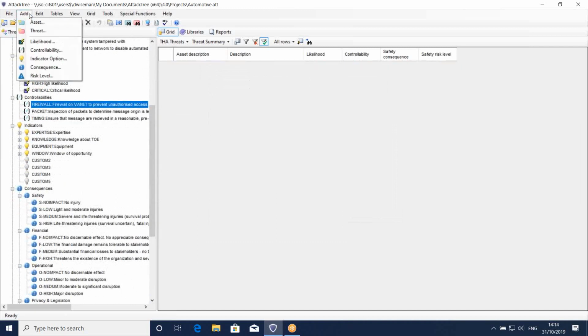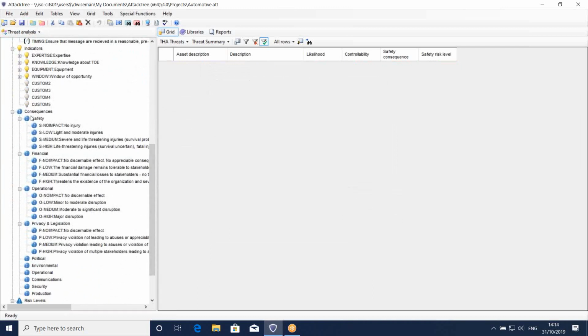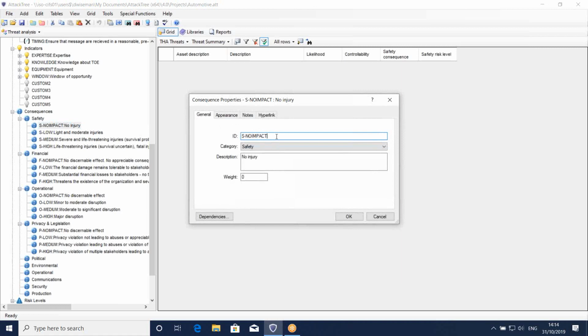Again, you can add these from the menus very easily. At the bottom, you can see here is where I have defined all of these consequences. So I can double click on one of these and I can give the consequence an ID and a description and a weight, a numerical value, dimensionless, that indicates the severity of this particular